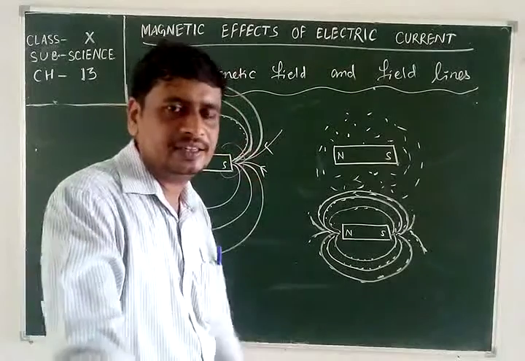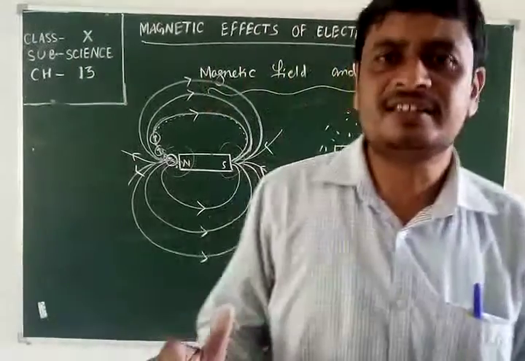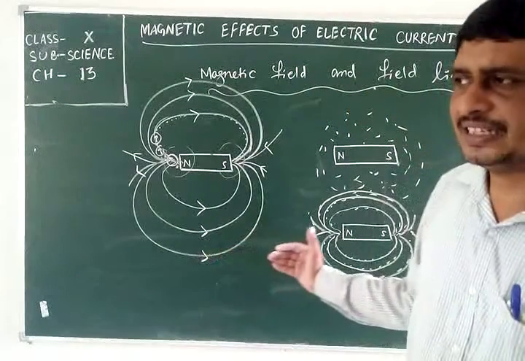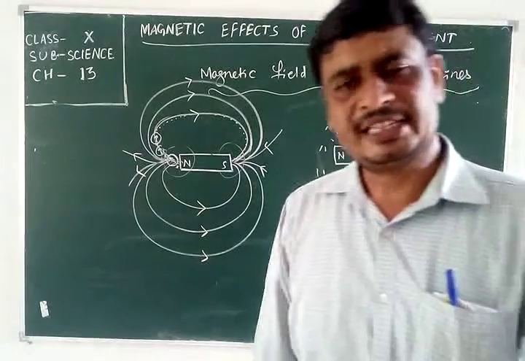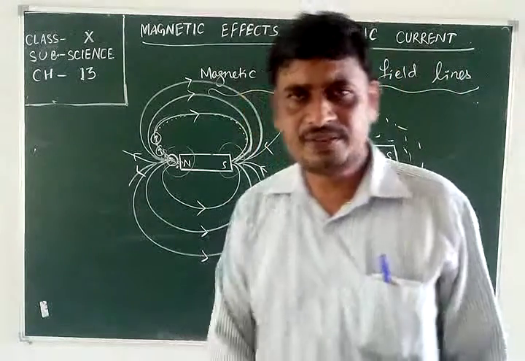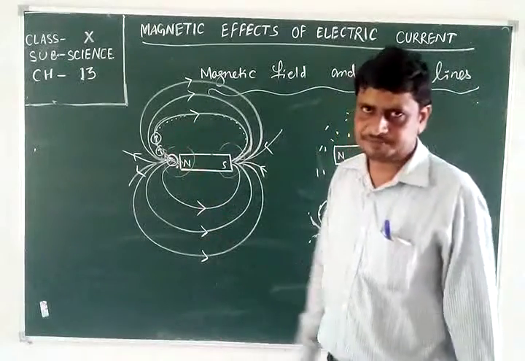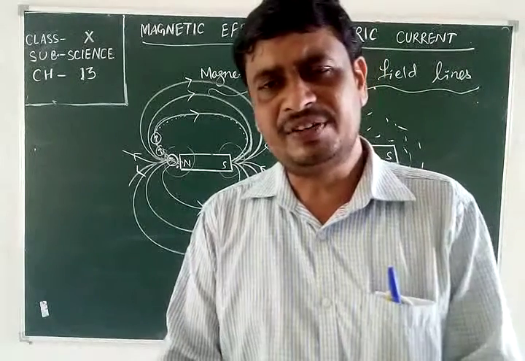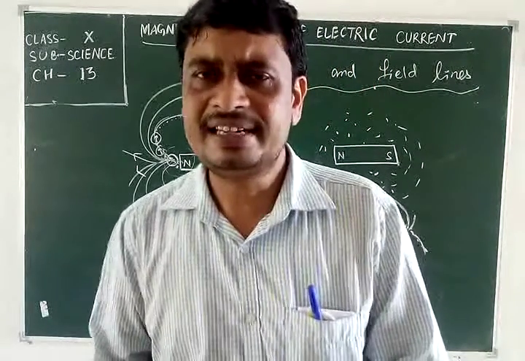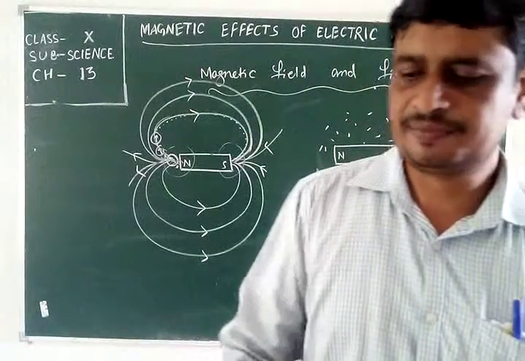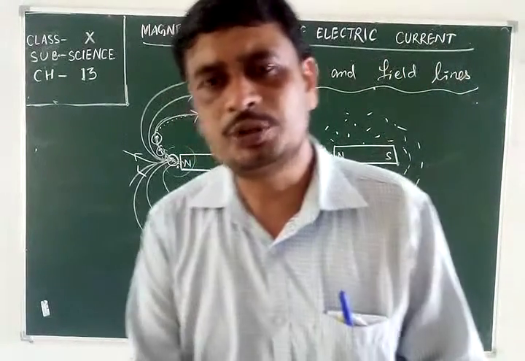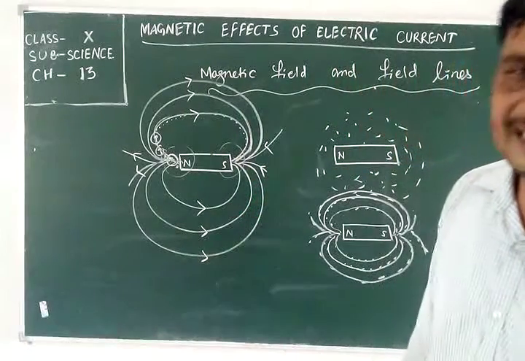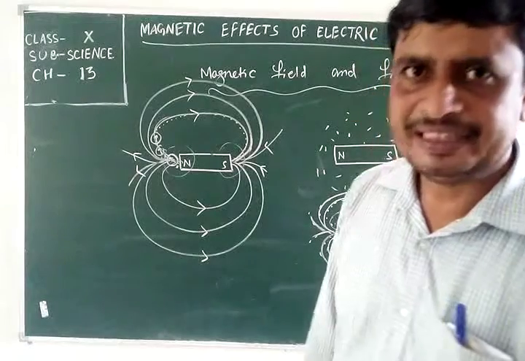First, it is observed that this force is experienced in a certain limited region in which the magnetic force is influenced, so it has magnitude. Now it is observed the direction of field lines, that is the direction of the magnetic field. So this magnetic field has both magnitude as well as direction. So it is a vector quantity. The quantity having both magnitude and direction is said to be a vector quantity. Here the magnetic field has both magnitude and direction. So the magnetic field is a vector quantity.